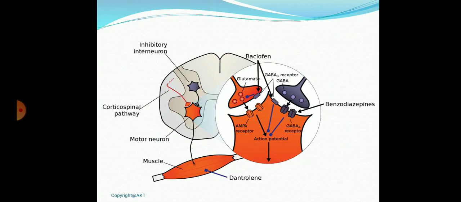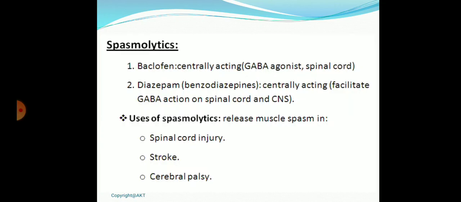Coming to centrally acting skeletal muscle relaxants, they mainly act at the level of the spinal cord and they promote GABA mediated inhibitory neurotransmission. You can see here, GABA mediated inhibitory neurotransmission. The spasmolytics baclofen, diazepam, already mentioned, chlorzoxazone or thiocolchicoside, all act by facilitating GABA mediated inhibitory neurotransmission, and they are mainly used for spinal cord injury,